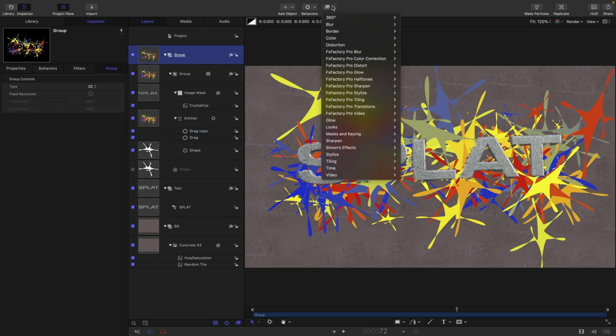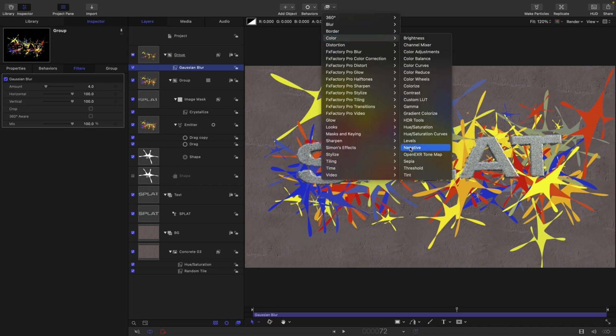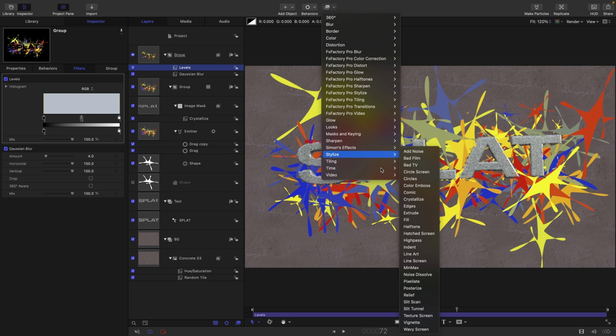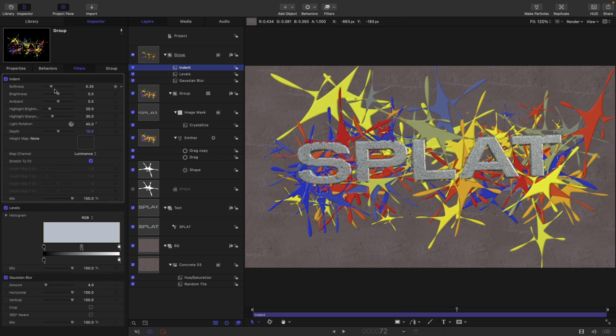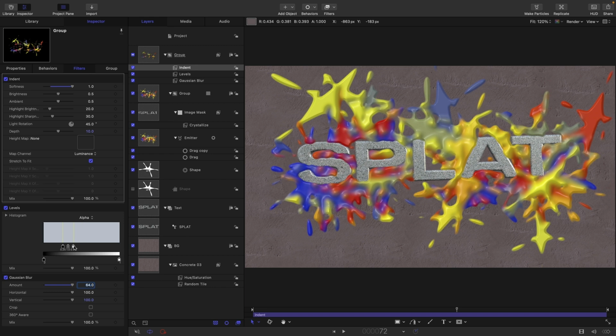and we're going to add a blur, Gaussian blur. We're going to add color and levels. We're going to add where we stylize and indent. Let's turn that indent softness all the way up to 1. Let's set the Gaussian blur amount to 64. And then for our levels, let's open up the alpha and then let's bring this in like this, bring these closer together like so. Probably come back and readjust that later on,